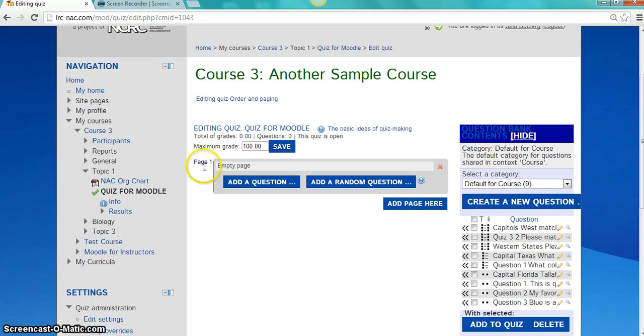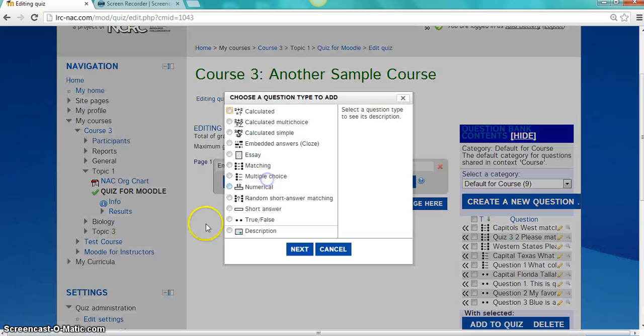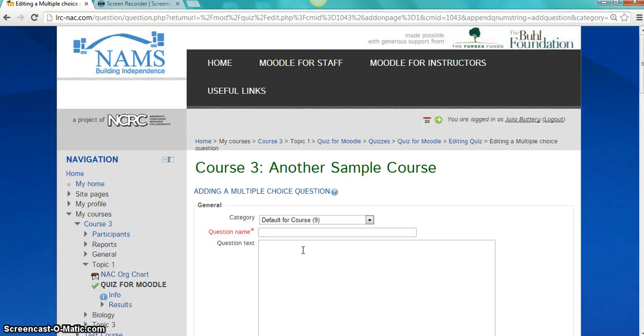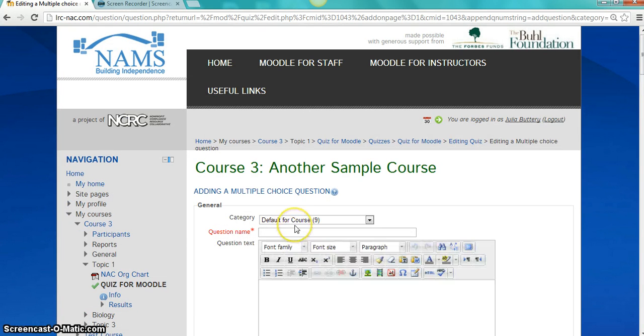Right here, you're on a page that organizes the quiz. You'll see a page number and where you can add a question, or where you could add a question from the question bank over here. So we are creating a quiz from scratch, and we will select Add a Question. We'll do multiple choice, and for the category, you'll just do the default for the course and give the question a descriptive name,